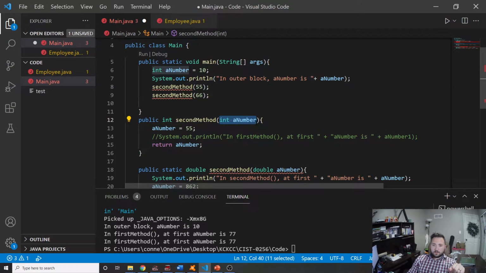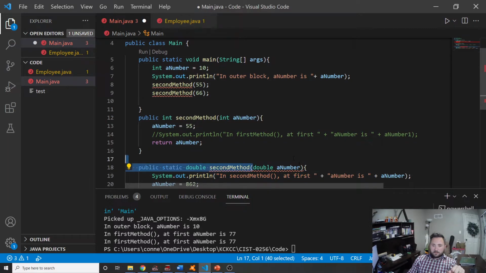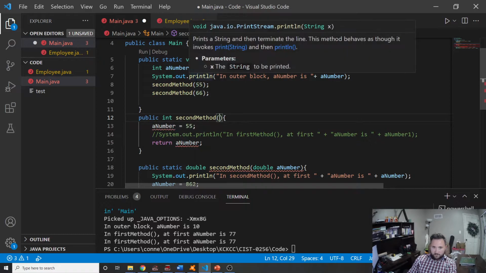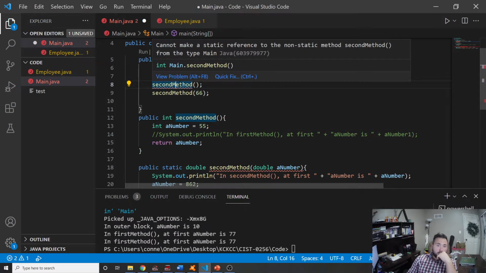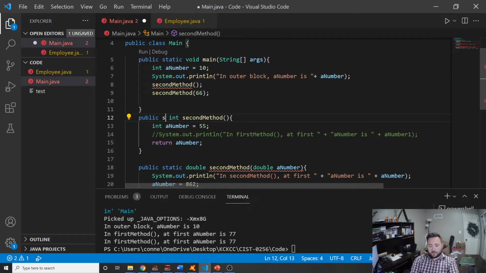And here, it's going to continue to fail because there's two methods with the same name, and you can't do that. So I'm going to get rid of that, get rid of that 55. I'm going to define this int a number, which is going to return 55 to this second method here. Oh, sorry. Static. There. And that issue is resolved,